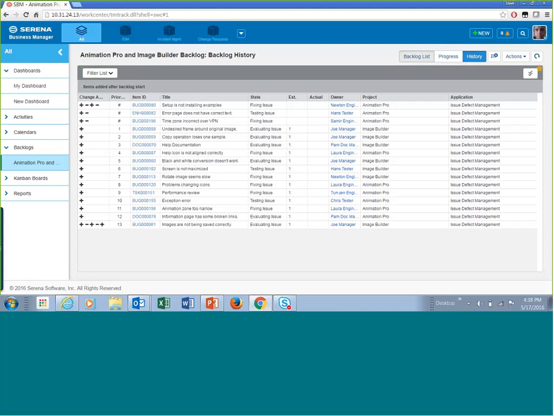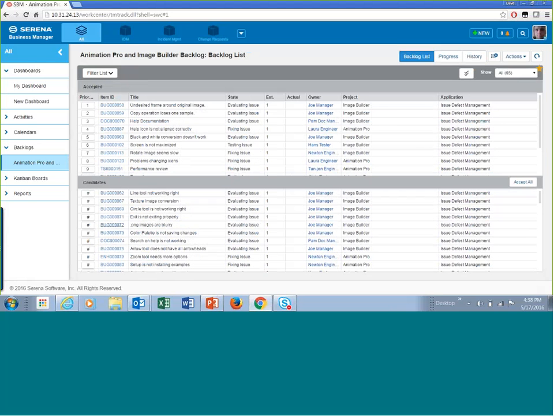Oops, didn't drag that correctly. Anyway, you get the idea. You're able to drag it from the bottom, bring it up to the top, and the history will be recorded. If I want to be able to see additional configurable columns, what I can do is just go back to